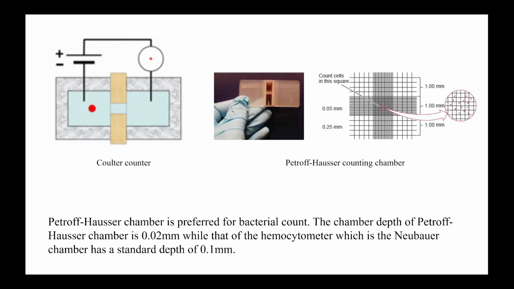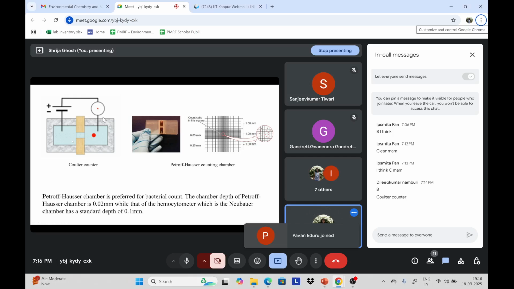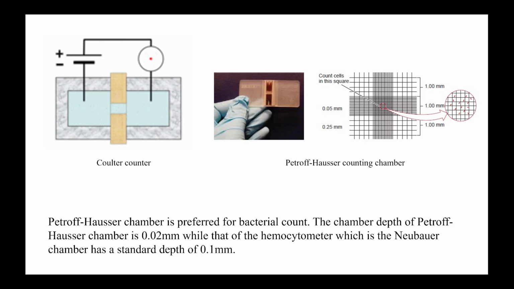This is how a Coulter counter looks, a diagrammatic representation of a Coulter counter. So we have the sample where we have the cells. Now cells will be of all different sizes. Now what will happen? From the sample, these cells will pass through this small hole and there will be an